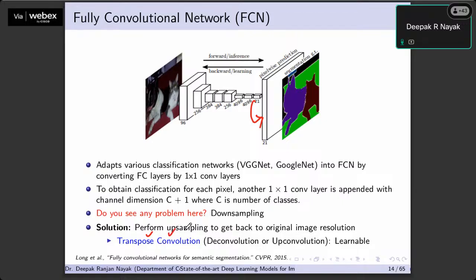I don't know how many of you have heard about this term: transpose convolution or deconvolution. Deconvolution is not exactly the perfect word to use here, as it has separate meanings in signal processing. Transpose convolution: what we have seen yesterday or the day before yesterday, whenever you are applying a kernel, or